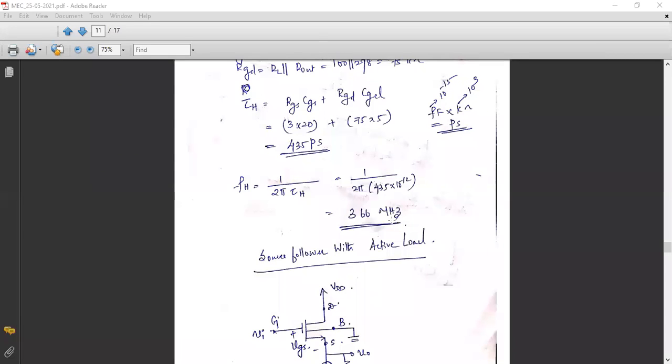are giving an input whose frequency is up to 366 megahertz, it will be very much fine. That is, the gain will be sufficiently high, and whatever the customer requires will be satisfied. Whereas if your input is beyond 366 megahertz, obviously the gain is going to decrease and it will not be much more desirable for the users. So that is the importance of finding the cutoff frequency in our numerical problem.